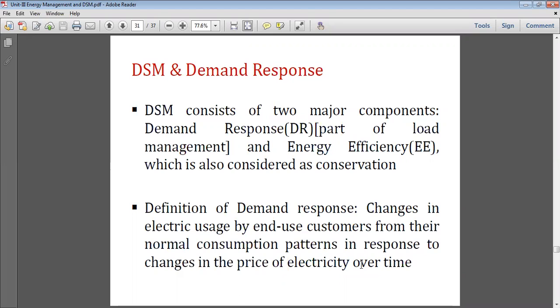When do people think toward energy conservation? When the electricity rate rises, or increases, isn't it? Suppose the rate is 2 rupees, nobody is going to care about doing energy conservation. But as soon as the electricity rate is 7 rupees per kWh or per unit, definitely everybody is going to think about what would be the way to reduce the electricity bill. They are going to replace the incandescent lamp by the CFL lamp, isn't it? They are going to replace their old fan by the BLDC fan, which is only 28 watts; 5-star rating fans are there. So people are going to think toward energy efficiency and energy conservation only when the